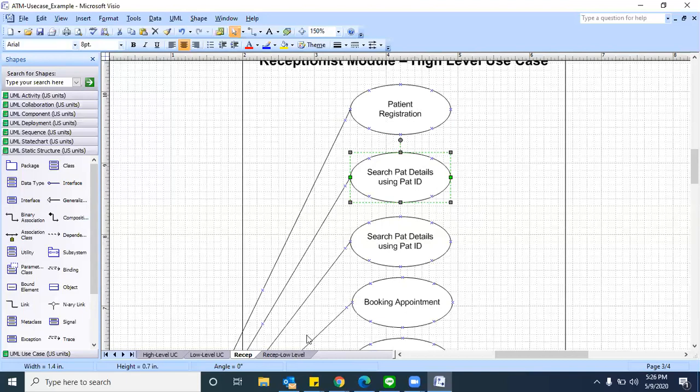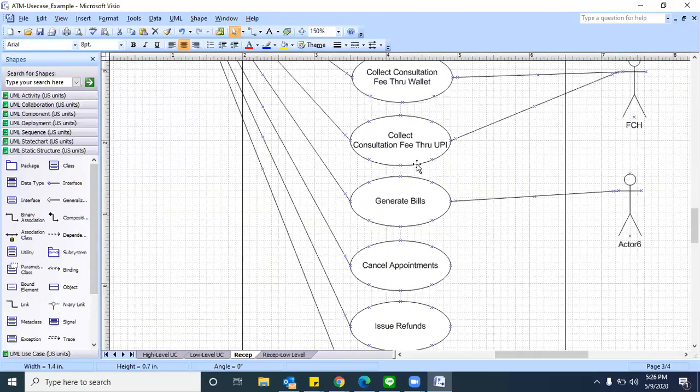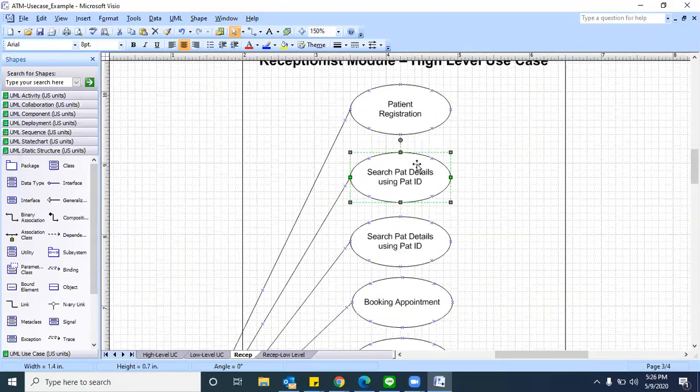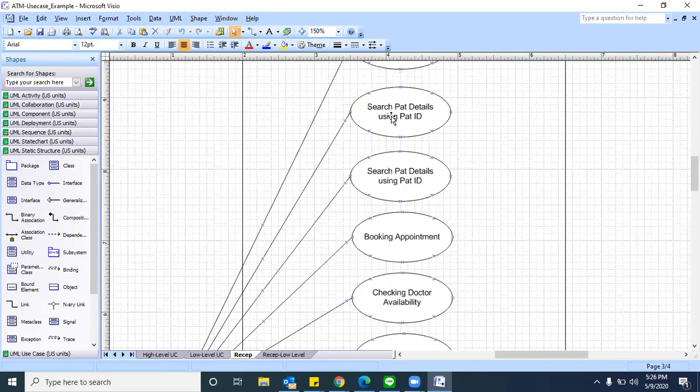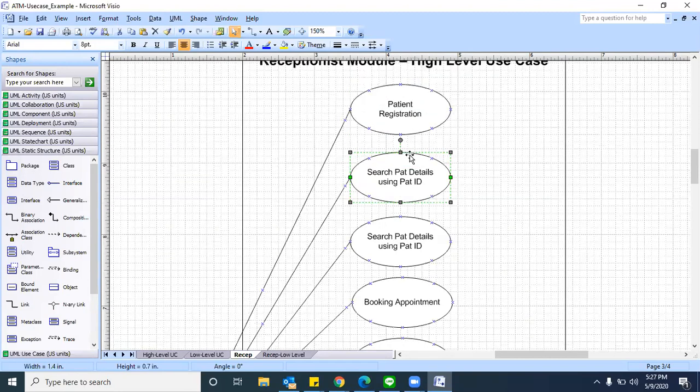Yes, sir. First, we will go through search patient details using PAT-ID, because if it is there, he can use anything. That's the reason I didn't mention any sequence here. Do remember, he can directly search if he has a suspicion that the patient already exists. Then he'll come here and search with the patient ID or something else, like patient name or patient mobile number. Right or wrong? We repeated it 2 times, sir.